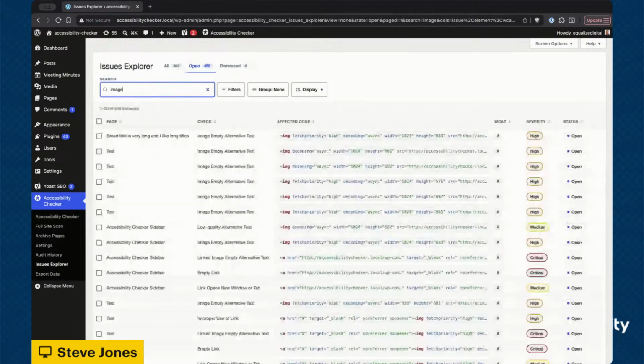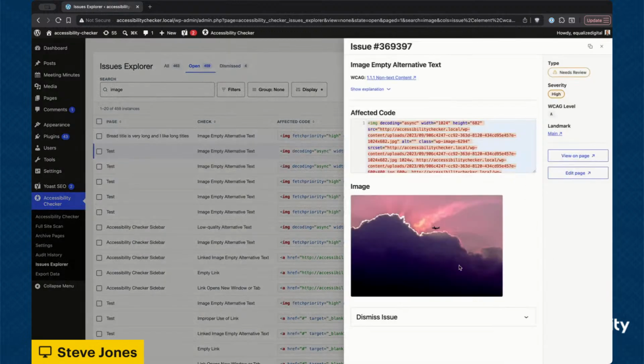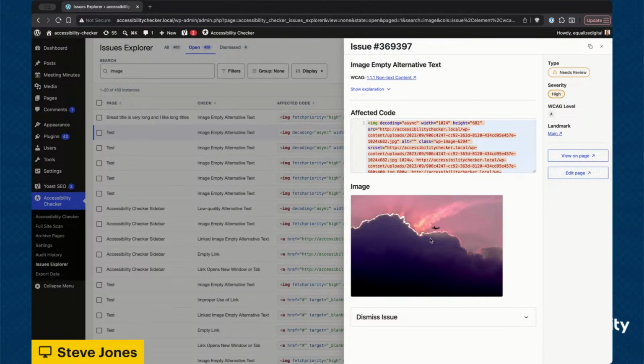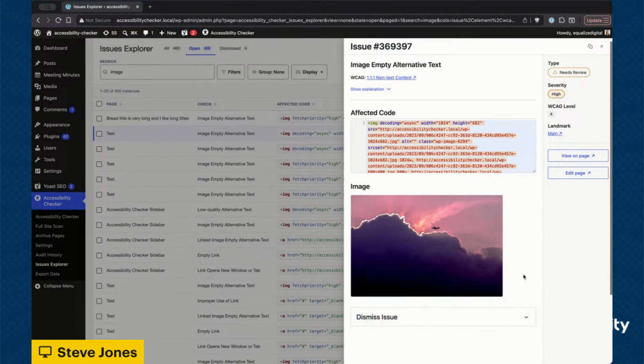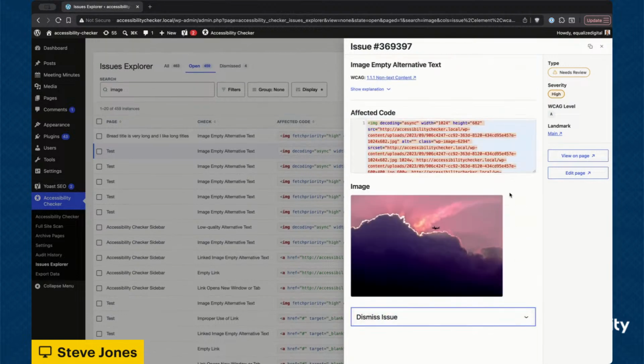If I look at something that pertains to an image, you can see now in the side panel that I do have an image view here, and it displays the images. It's kind of not the best image, but that's a better image of the clouds with the airplane flying into this beautiful pink sunset. A little descriptor for those listening. And of course I've got the dismiss issues here as well, but I think what William was getting ready to touch on a little bit was